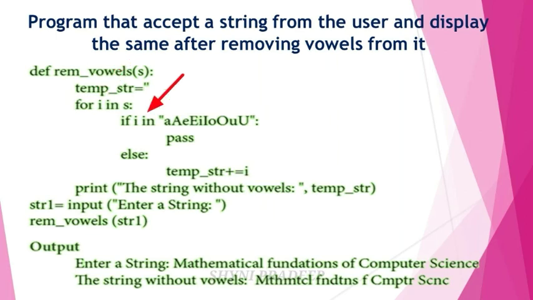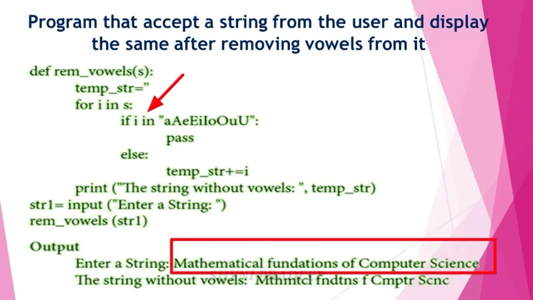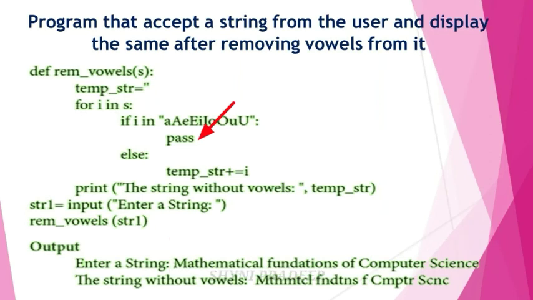Okay. You have to check the if condition. In the if condition, vowels are there. You have to check the given string with the vowels. Okay. You have to check the string one by one. If the vowel is there, then you have to pass that character, which means skip that character. Okay. That vowel will not be printed on the output screen. But if it is not a vowel, go to the next letter, again check the condition until you reach the last letter. Okay, so you will get the output like this for this code.